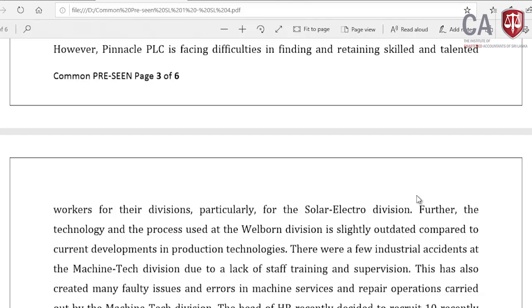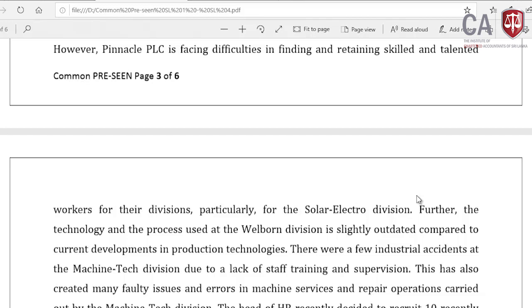So, particularly for the solar electro divisions that can be expected. No, these are new divisions. People may not have the proper knowledge in the labor market on this solar technology, particularly for the solar electro